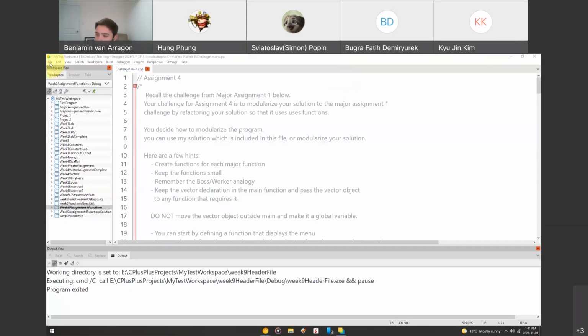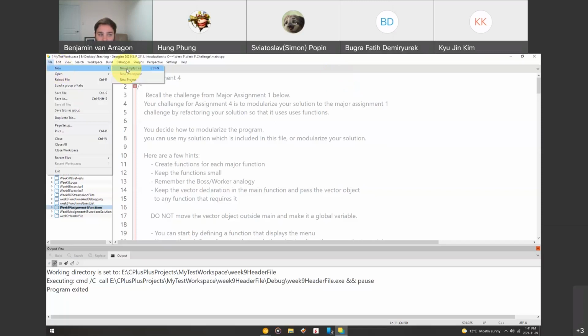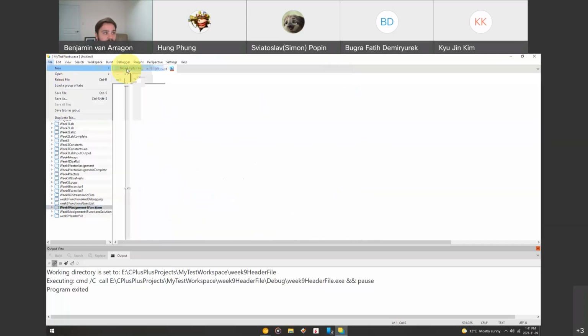We're going to do another example of header files. You can follow along with me. File, new empty file in CodeLite, okay? And we're just going to make a simple hello world function. So we'll call this function, obviously, let's return